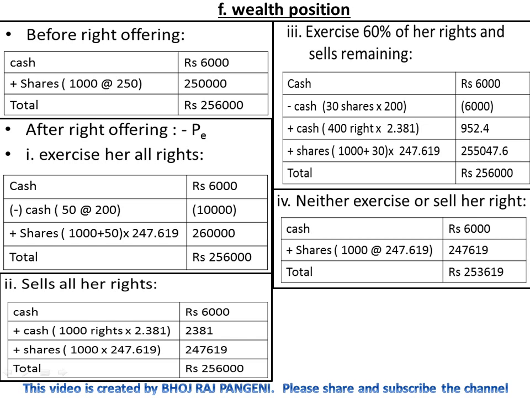because she neither exercises nor sells her rights, and her total wealth will be decreased. By how much? By the amount of rights, 1000 into 2.381, that is 2381 is her loss amount. So